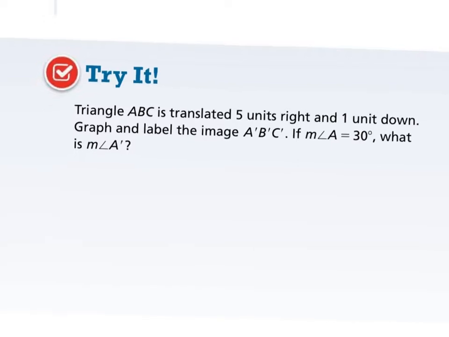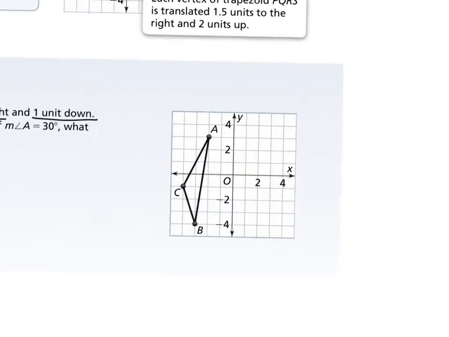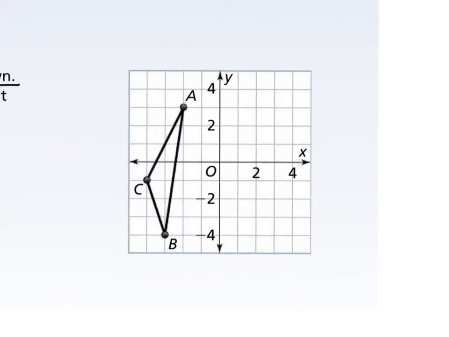The try it. We have a triangle ABC translated 5 units to the right and 1 unit down. 5 units right, 1 unit down. Graph and label the image A prime, B prime, C prime, and then we'll worry about the next part in a minute here. 5 units right, 1 unit down. So we'll take A, we'll go 5 to the right,